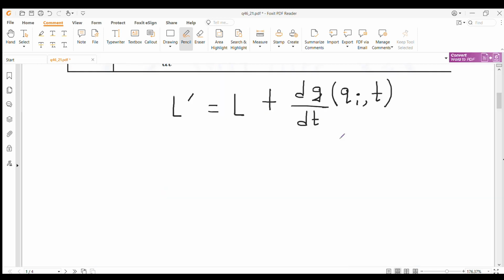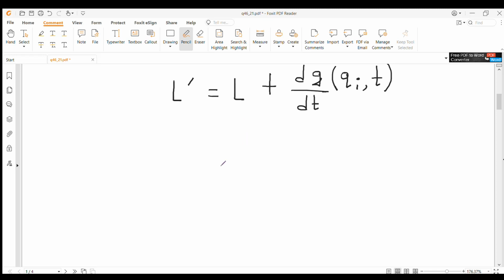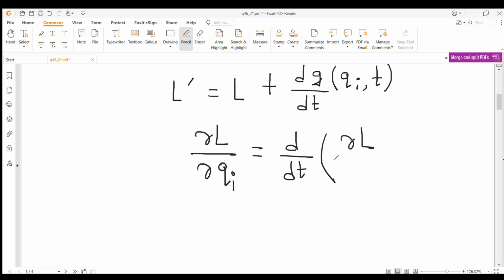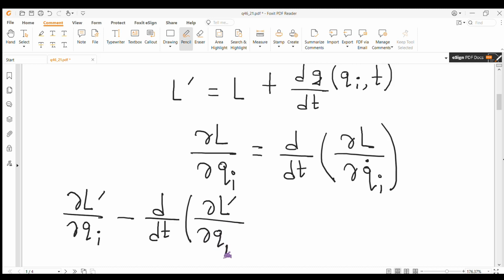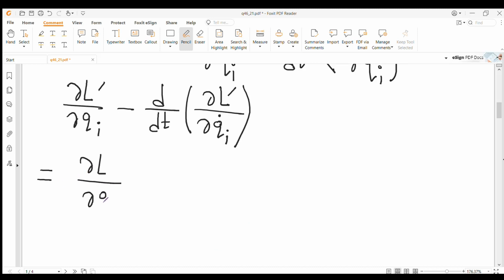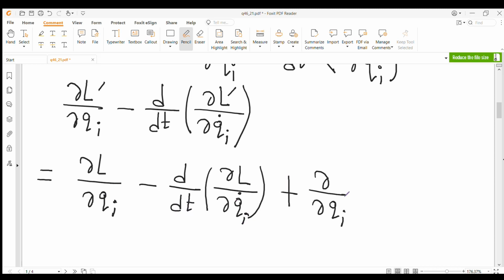Let's solve this question. In this question, g is a function of generalized coordinates and time. As L is the Lagrangian, we have ∂L/∂q equal to d/dt of ∂L/∂q dot. This is the Euler-Lagrange equation. Now we'll find out ∂L prime/∂q minus d/dt of ∂L prime/∂q dot. This will be equal to ∂L/∂q minus d/dt of ∂L/∂q dot plus ∂/∂q